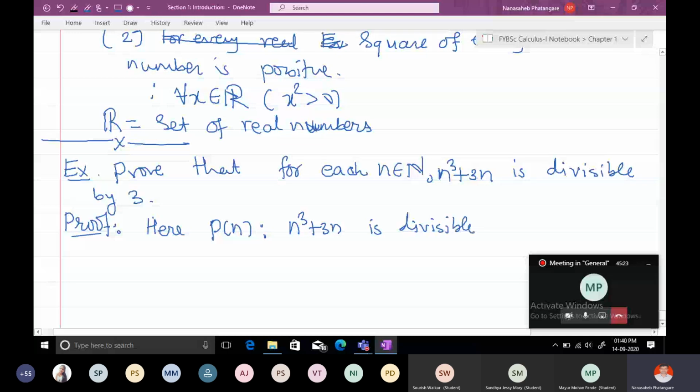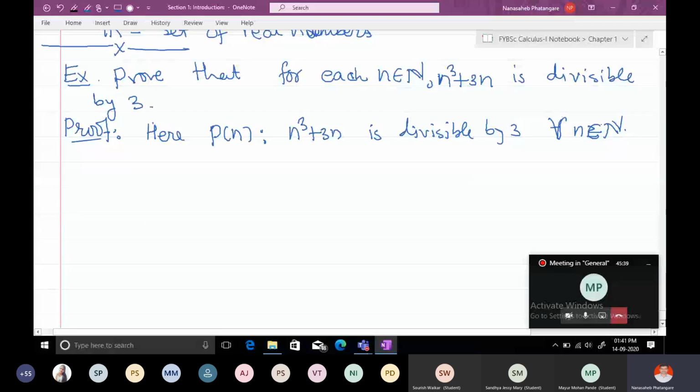So this is my statement. To make our statements easy, note that m divides n if